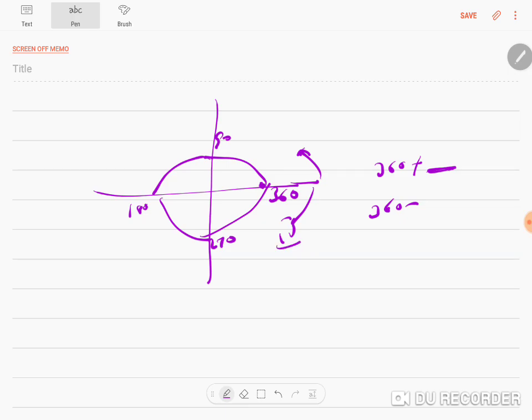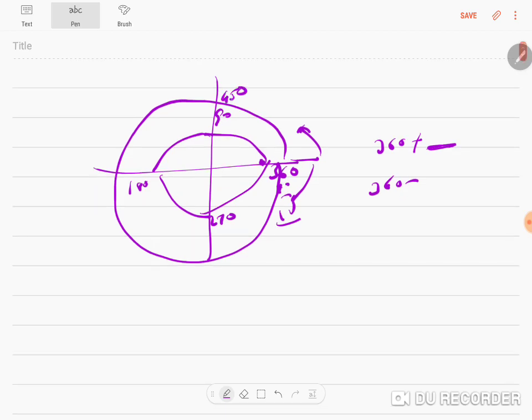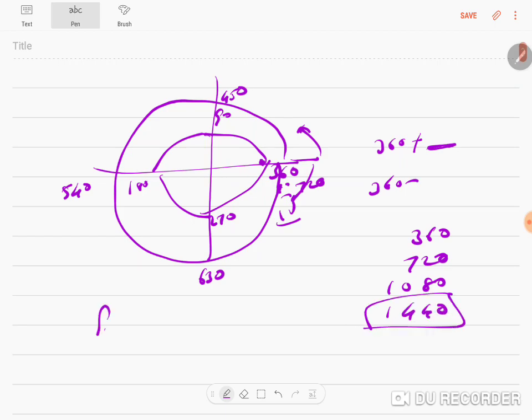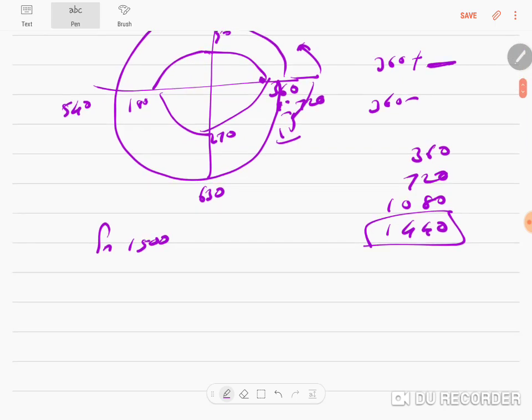Okay, so it need not stop with one revolution, it can continue to the next revolution too. You just have to keep adding 90 to everything. So, for example, 9 4s are 36, 9 5s are 45, 450, 9 6s are 54, 540, 630 and 720. Thus for every revolution, first revolution is 360, second revolution is 720, the next revolution is 1080, the next revolution 1440. So, you can even have a question where they ask you sine 1500, in which case I would